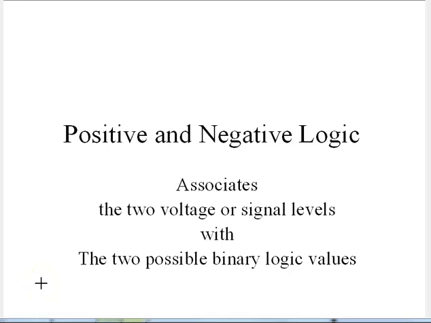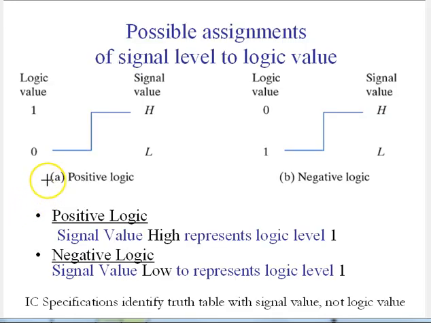In this video, we'll take a look at some electrical characteristics we need to consider when we're implementing our binary logic. We'll start out looking at positive and negative logic, and that associates voltage levels, or sometimes called signal levels. That's the voltage level of the signal. It associates those levels with the two possible binary logic values of 0 or 1. So positive logic is what we have been discussing, where a logic value of 0 is associated with a low